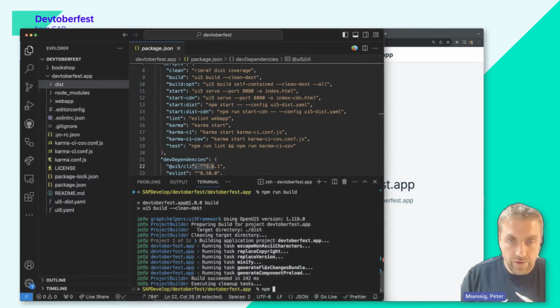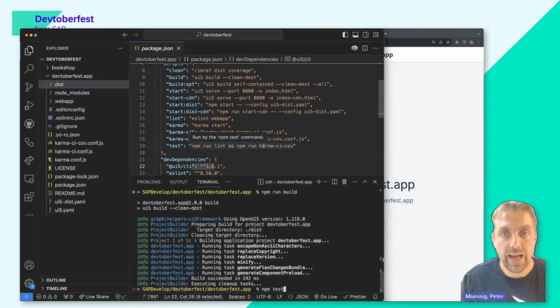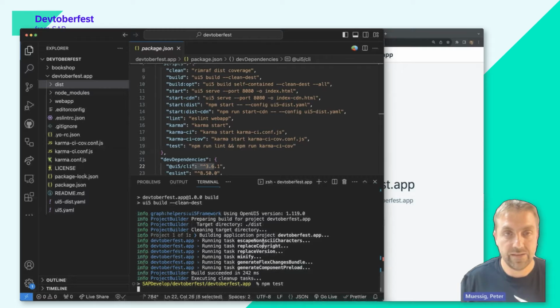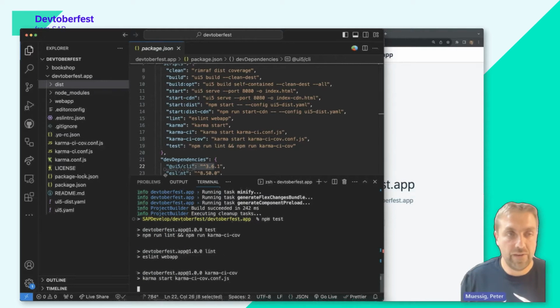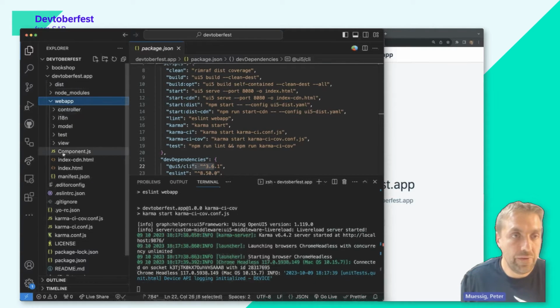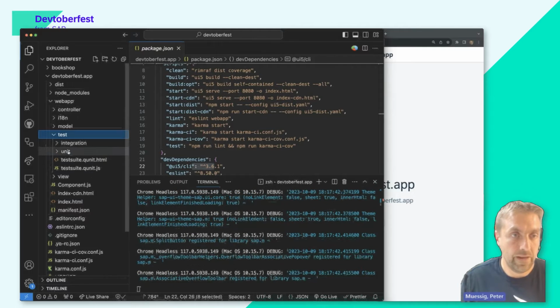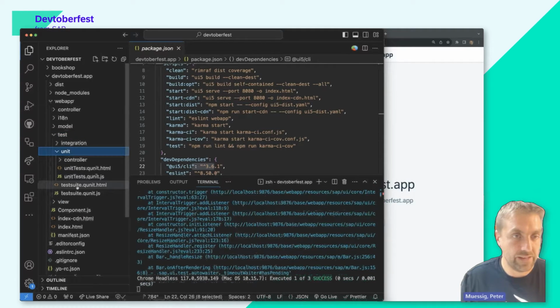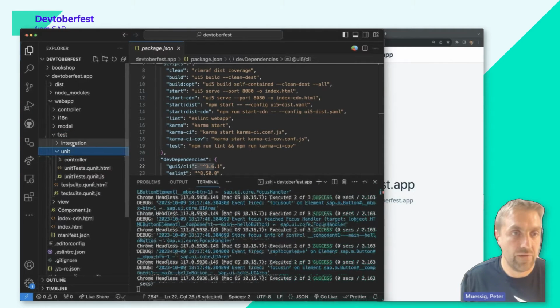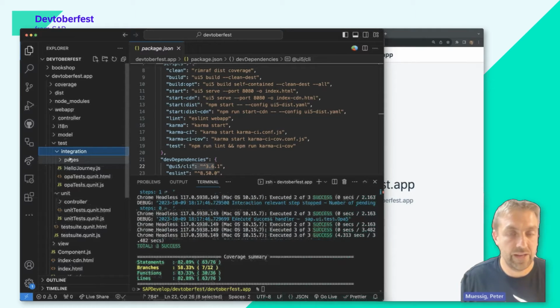And when you want to run the tests, npm test is triggering the linting, and it also runs Karma as a test runner for our UI5 application, coming with a QUnit test. So in the test suite, we have a QUnit test, and we also have an OPA test integrated. And it is using Karma, although that's deprecated at the moment, that's from our side still usable, and it continues